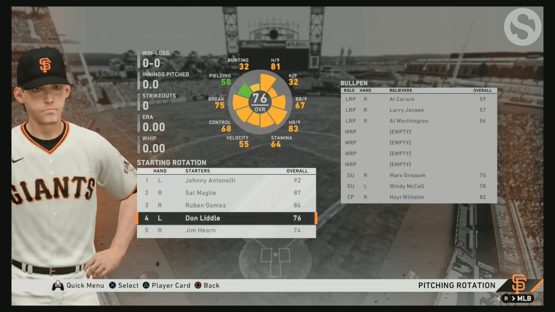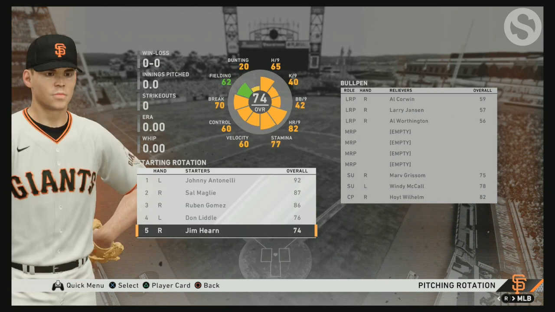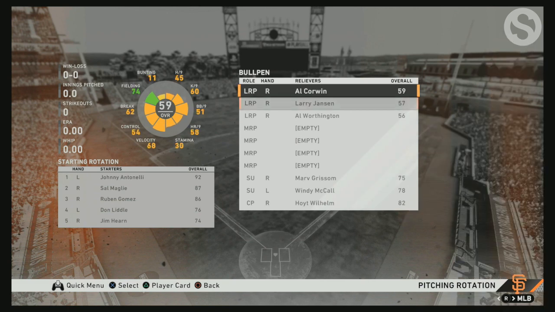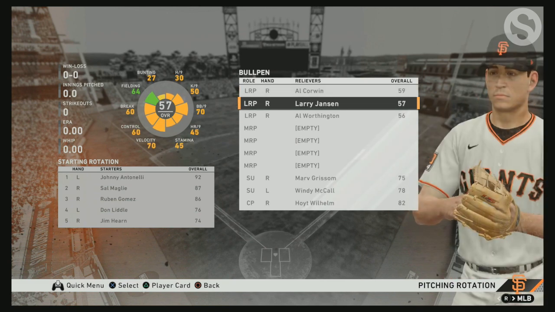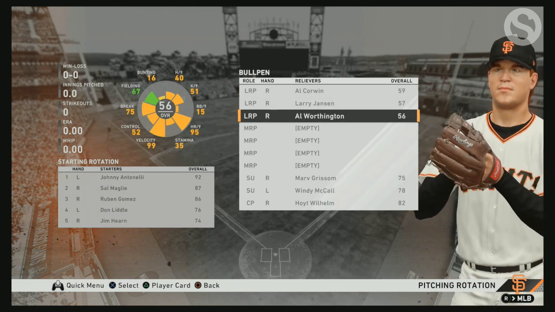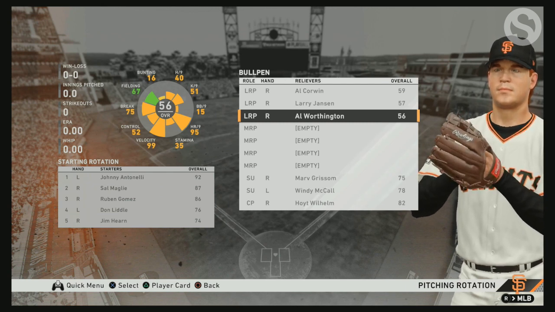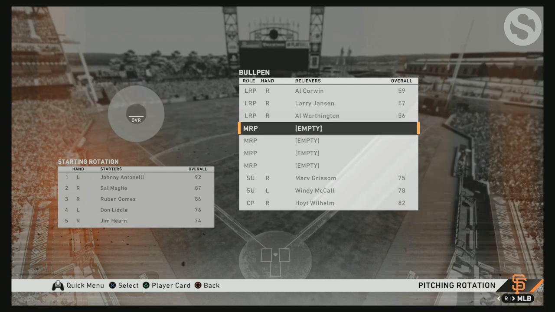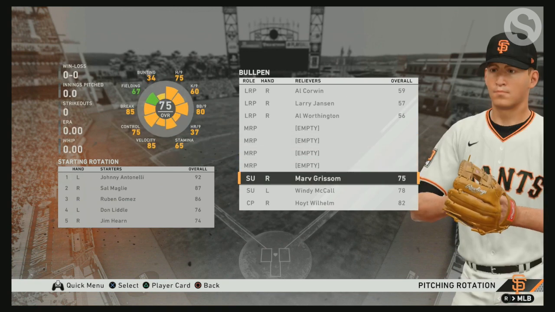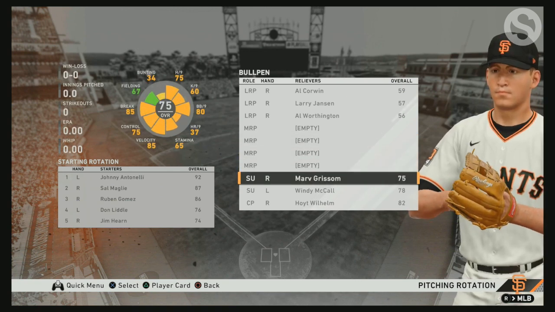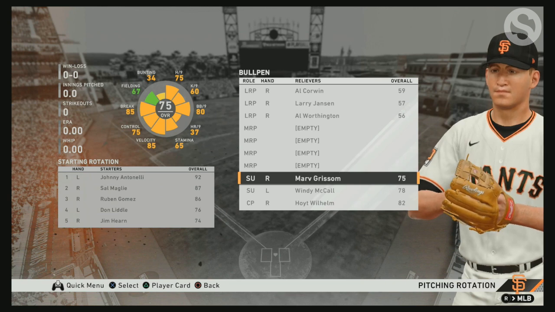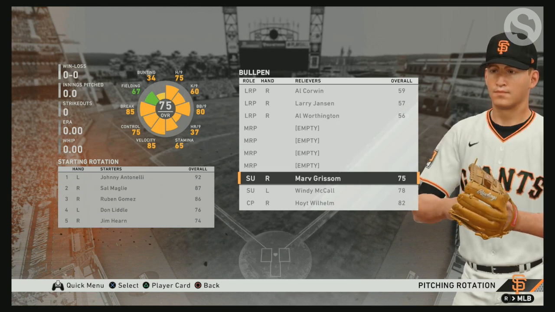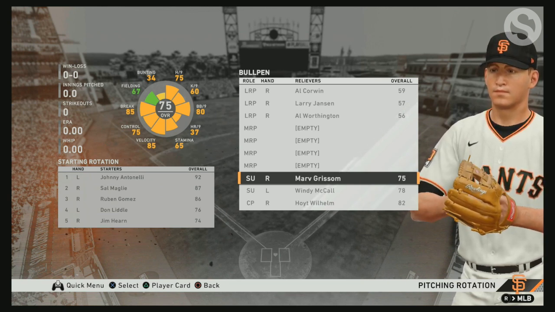Then you had Don Liddle. Jim Hearn was the other starting pitcher. We got Al Corwin, Larry Jansen, Al Worthington. They call him Big Red. He threw hard, but he had a really hard time finding the strike zone. I'm telling you, the walks per nine for him was very scary. Marv Grissom was actually more kind of like a closer, but not as. I think he led them in saves that year,